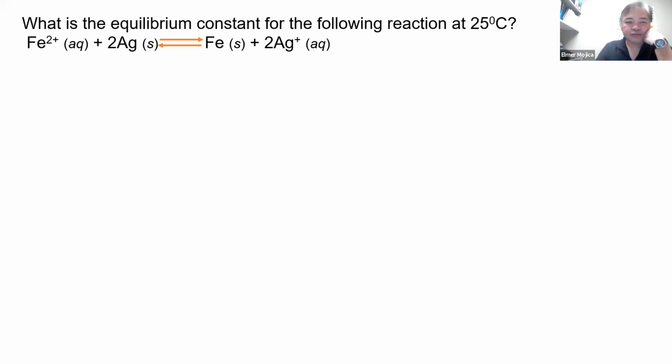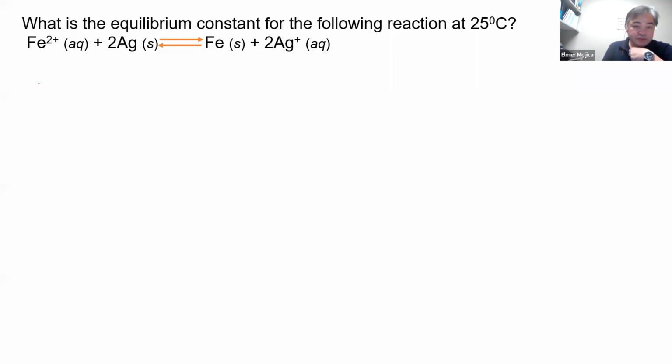For the next problem, we're going to look at: what is the equilibrium constant for the following reaction at 25 degrees Celsius, given Fe2+ + 2Ag producing Fe + 2Ag+. So if we're going to look at the problem here, we base it on the given